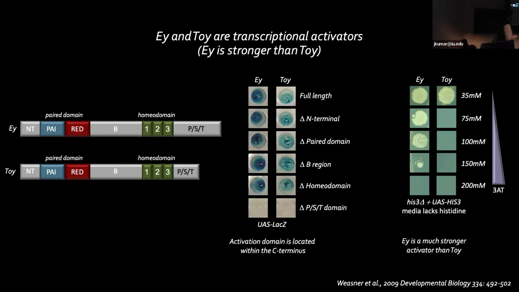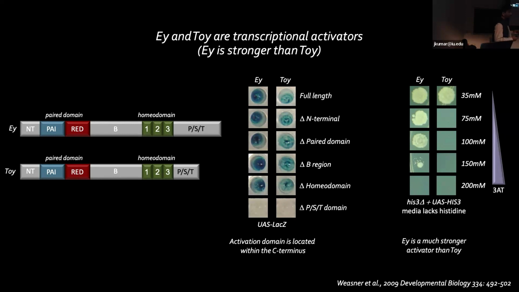So her first inclination was in this LacZ assay, where we had a UAS LacZ reporter in yeast. We had actually fused the wild type versions of either Eyeless or Twin of Eyeless to the DNA binding portion of Gal4. So that chimeric molecule can sit down on this reporter and actually activate it and turn your yeast cells blue. When you look at the full-length versions of these molecules, you can see that Eyeless turns it on at a much higher level than Twin of Eyeless. Qualitatively, it's a darker blue. But these kinds of colorimetric assays are notoriously finicky and unreliable.